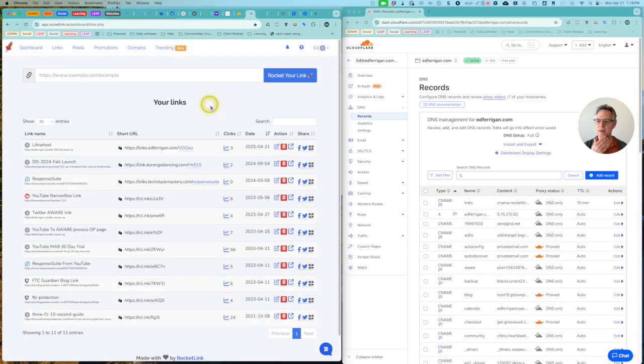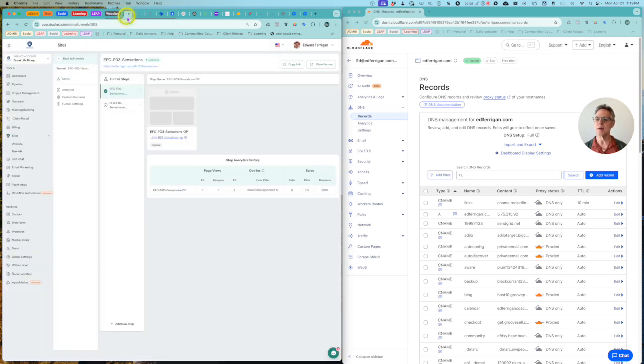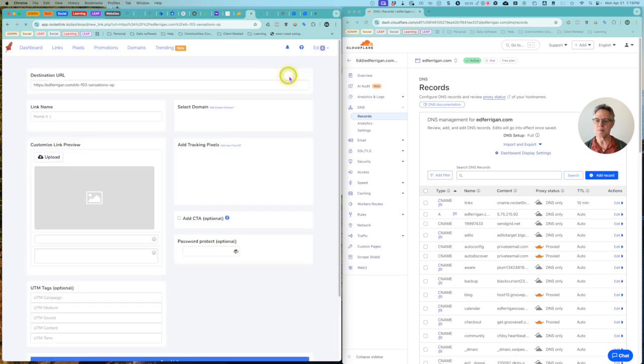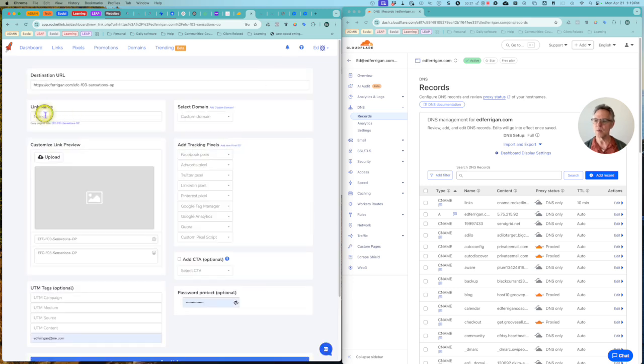I want to create a link and a QR code inside of RocketLink. So I go to my opt-in page. I grab the URL. I go into RocketLink and I just paste that code here, right? Then I say rocket my link, and then it's going to ask me what do I want to call it,